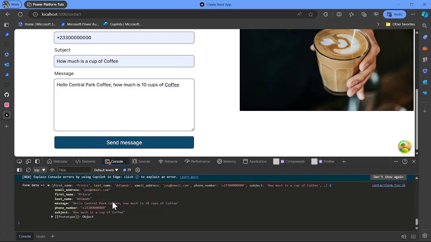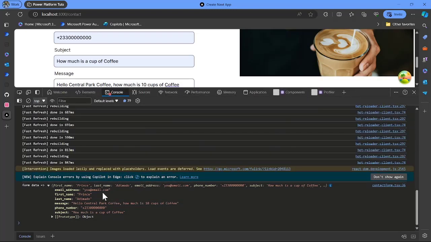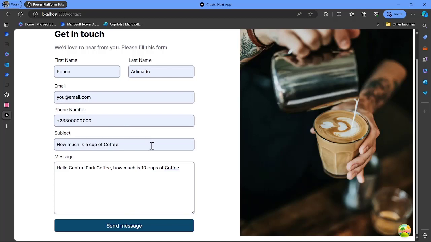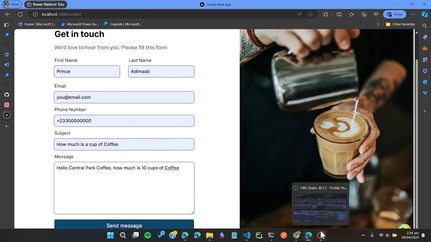So you can see reactive form is capturing our data. All right. So here it is. All right. So we are done with this. Let's move on to